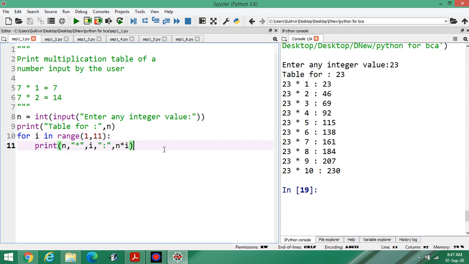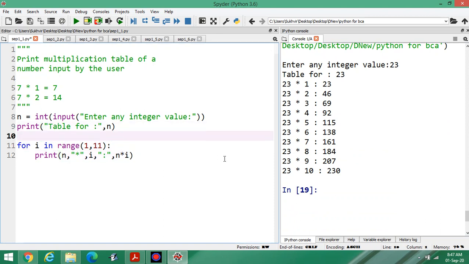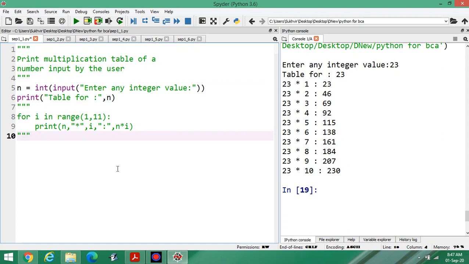Hope you understand the content of designing a multiplication table using for loop. Similarly, you can design this table using while loop. Let's check that. I am going to convert this for loop into comments so that at later stages we can implement this. Now, the value of n. Suppose I have to design using while loop.